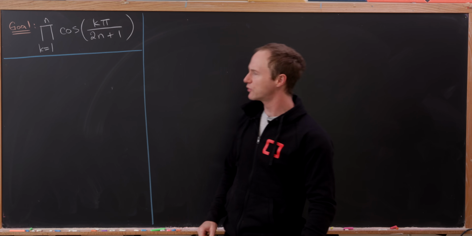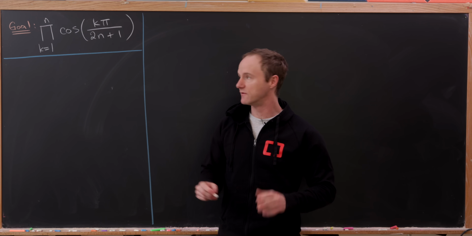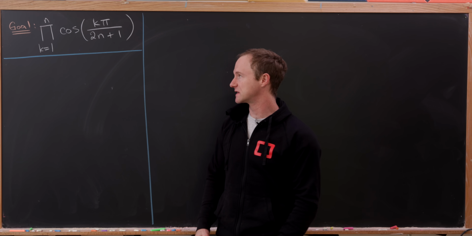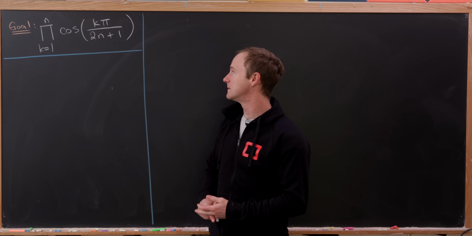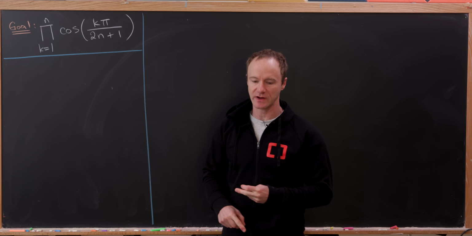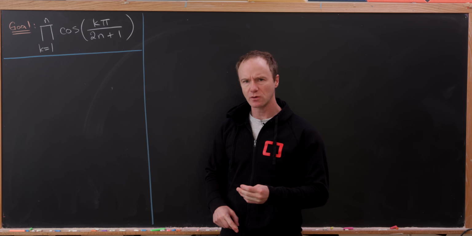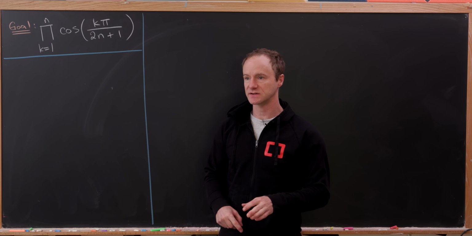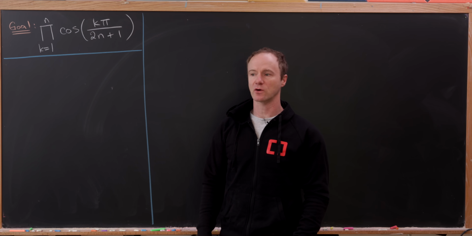Today we want to look at a pretty interesting product of values of the cosine function. In particular, the product as k goes from 1 to n of cosine of k times pi over 2n plus 1. So often when you're working with a product, infinite or otherwise, you generally want to transform it into a